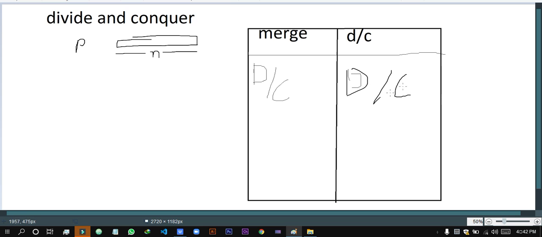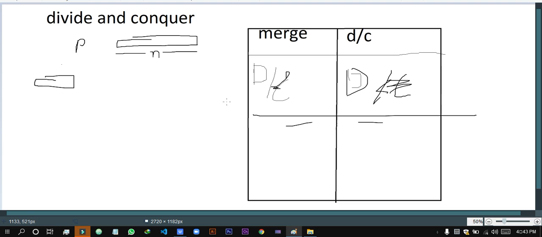We also divide. Okay, second step is, after divide, we divide these sub problems until we get a single element. Okay, it has been a very compulsory thing. We divide our sub problems until we get a single bit, until we get a single element. Okay, when we get a single element, we just stop dividing it. It is also a similarity between each other.